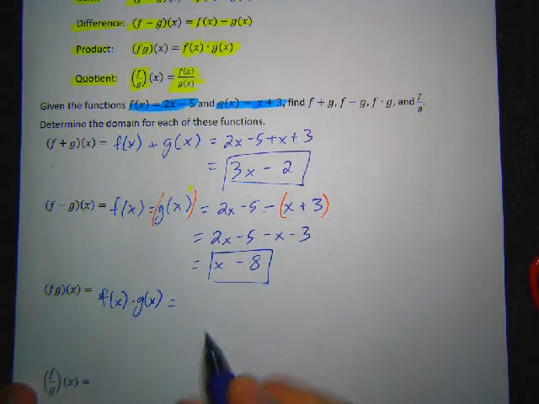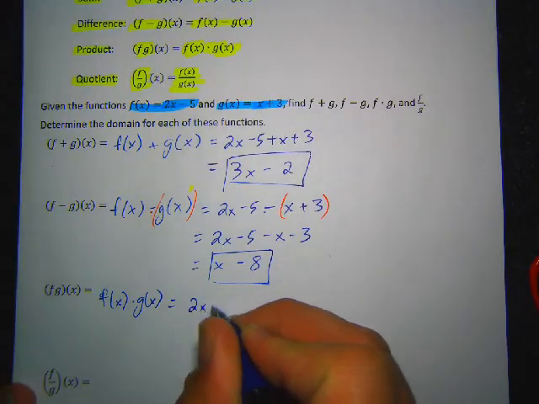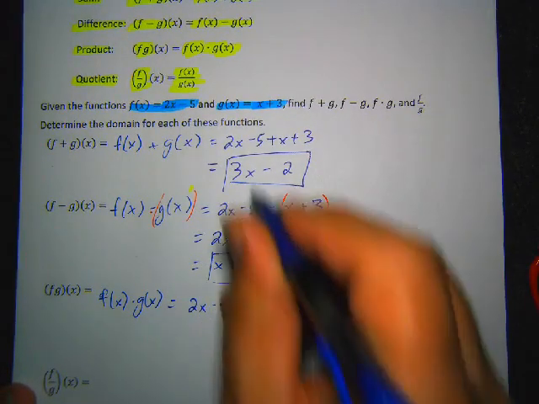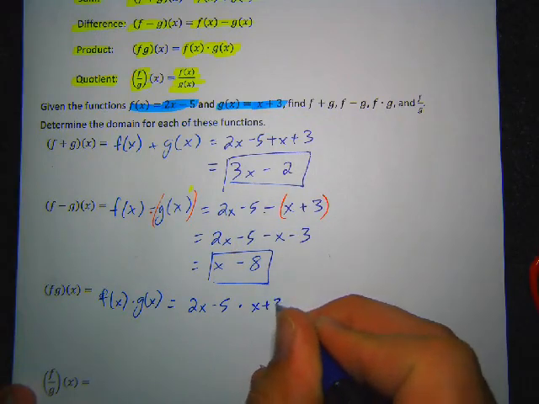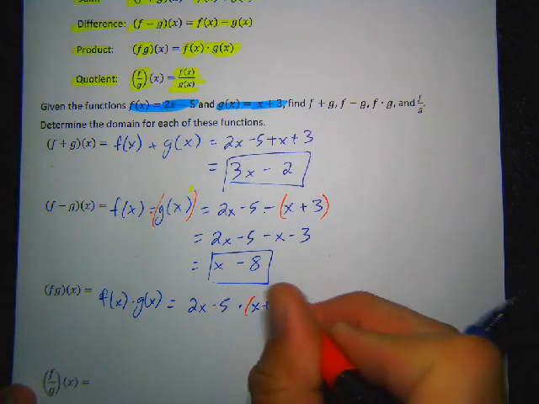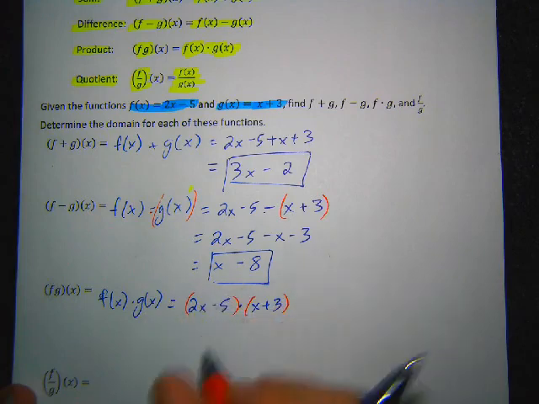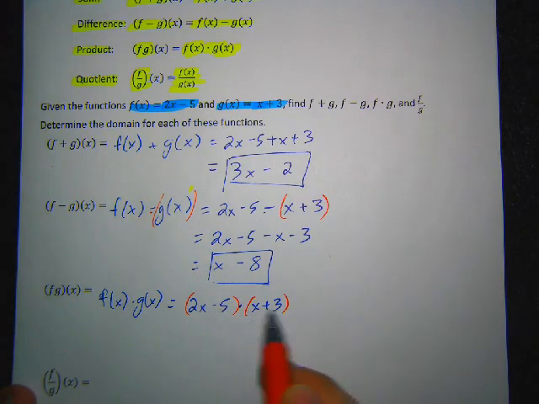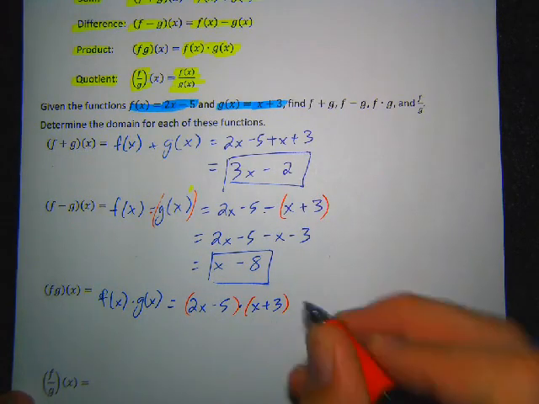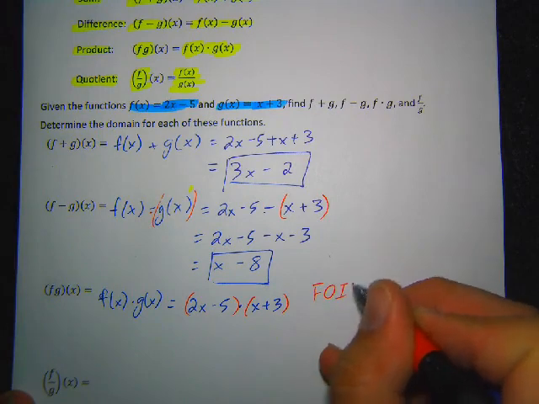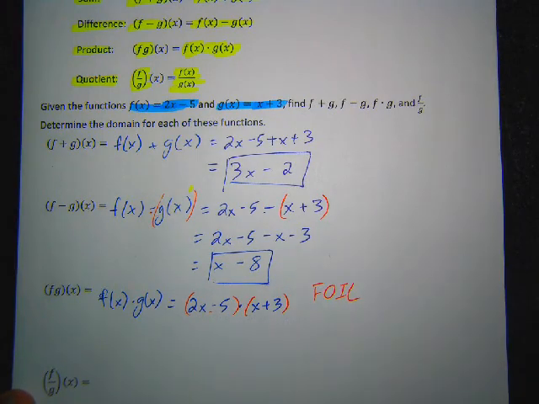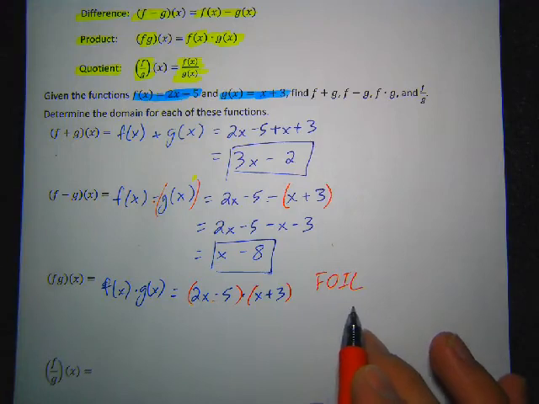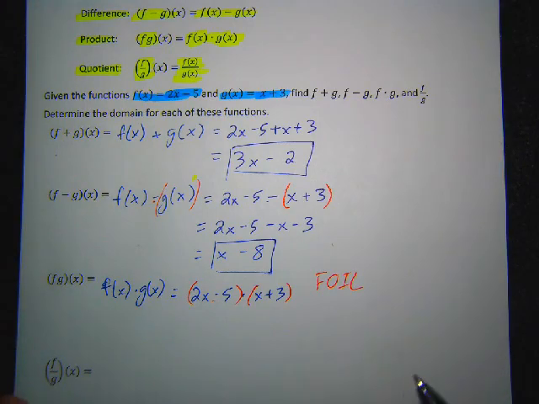So I'm going to take the 2x minus 5, the first function. I'm going to multiply it times the x plus 3. Now this one, again, I want those parentheses because I need to show the multiplication, that when I multiply these, I multiply all these parts with all those parts. This one's not so bad because you can just do it with FOIL, because there's two parts here, two parts there. So if you remember your FOIL from the previous algebra class or maybe high school, FOIL just tells you